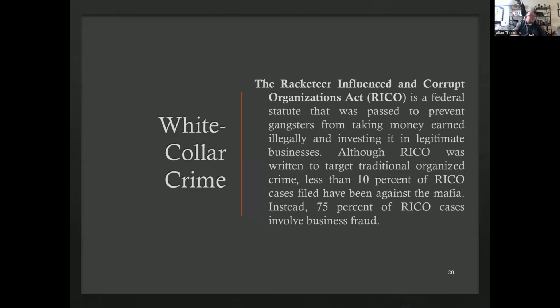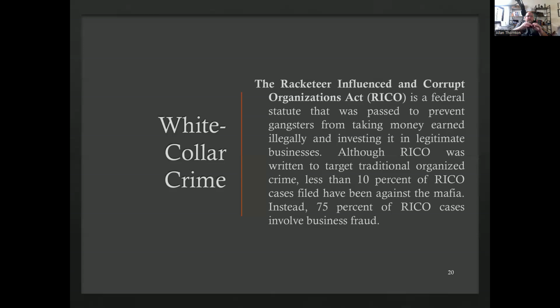One of the others is RICO. Most people have heard of RICO. Now, if you have a friend whose name is Rico, that's not who this is referring to, but RICO is the Racketeer Influenced and Corrupt Organizations Act, designed to bring down the mob. This was designed to bring the mafia down way back when it was created, and has been used for that very little. The way RICO is set up, and the reason it was so effective when it was used against the mob, is that RICO builds upon an organization.